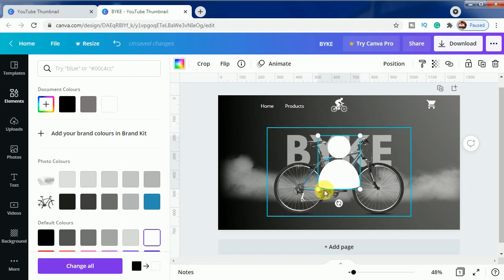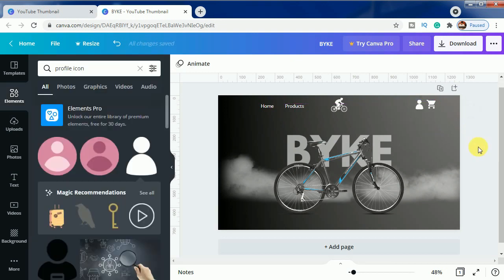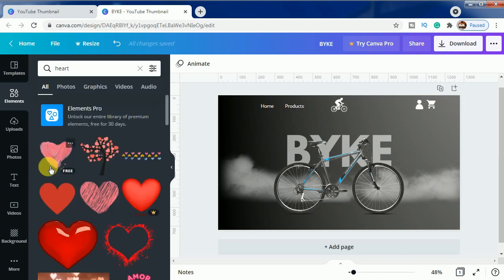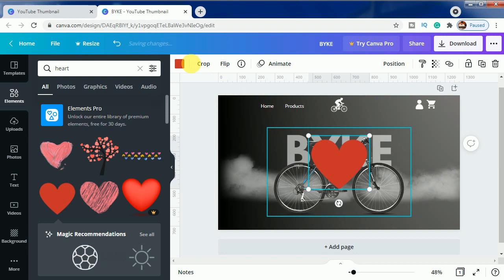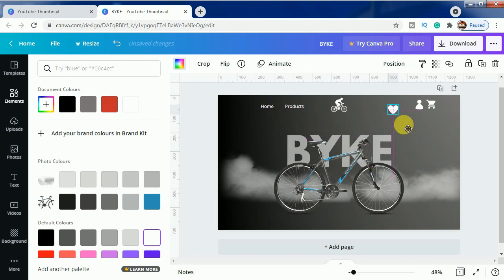Make it white again. Bring it here, and let's make it a bit smaller. Okay. Now make a heart icon. Change the color to white, and let's make it smaller and add it.